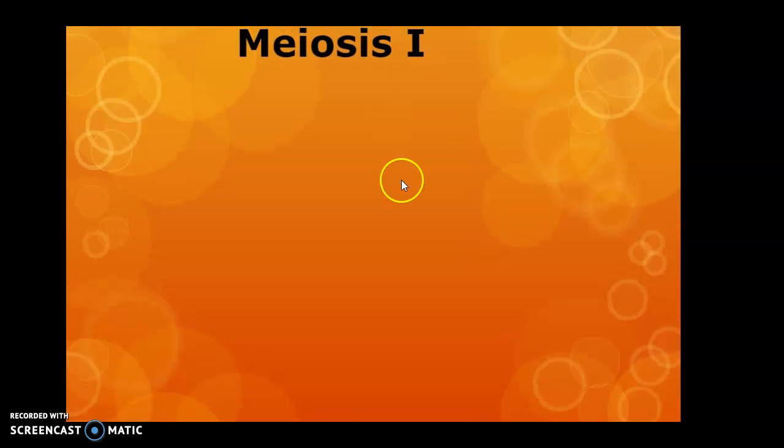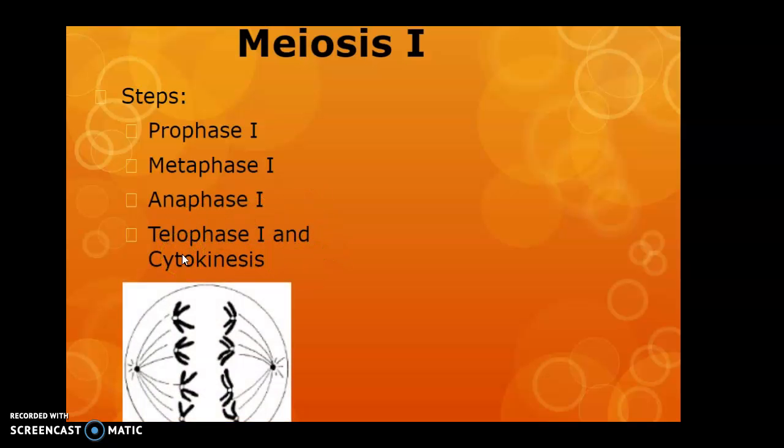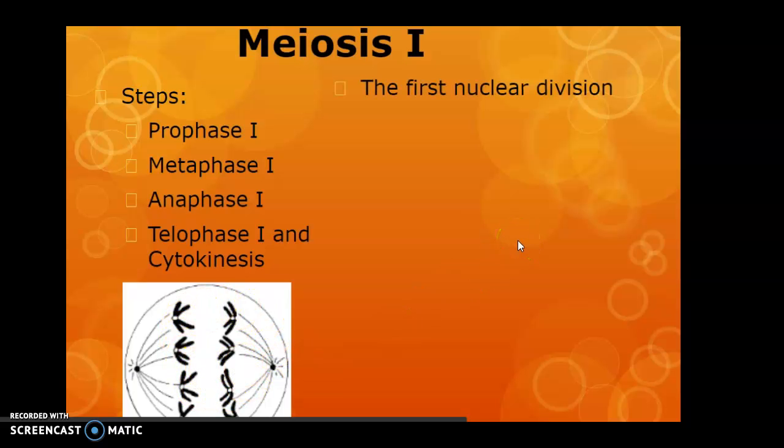In meiosis 1, there are 4 steps. These steps will sound familiar: prophase, metaphase, anaphase, telophase, but because it's meiosis 1, they're called prophase 1, metaphase 1, anaphase 1, and telophase 1 and cytokinesis. You can see telophase and cytokinesis are coupled here. Cytokinesis, if you remember, is when the cell finally splits. As you can see in this picture, this is pretty characteristic of meiosis 1. It's a very specific step, but notice chromosomes are separating from each other. It looks a little bit different than what we saw in mitosis. We'll talk about that in a minute.